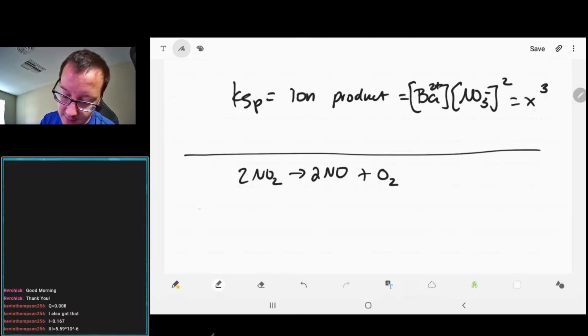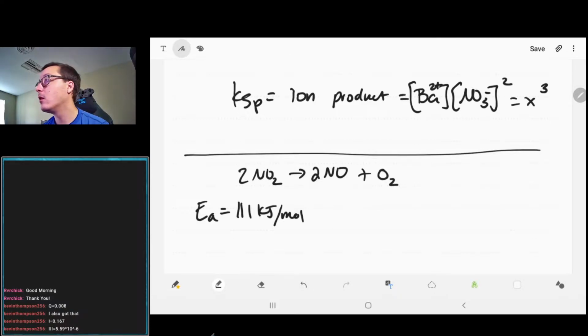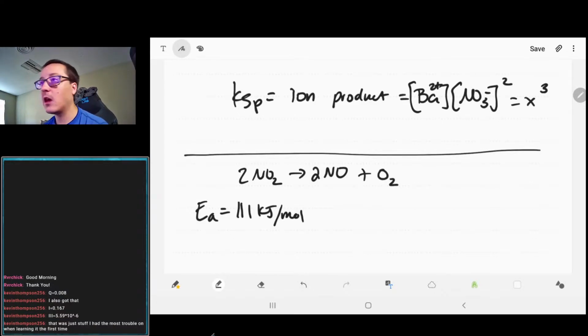All right, so it says activation energy is 111 kilojoules per mole. I don't know how useful it would be to review it in an hour. Probably the best thing to do would be to look at the old videos somewhere, but we can kind of just go over them. So yeah, the rate constant